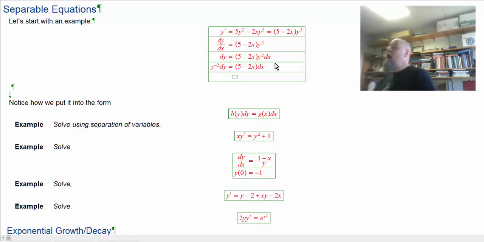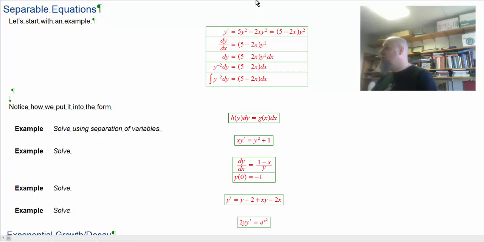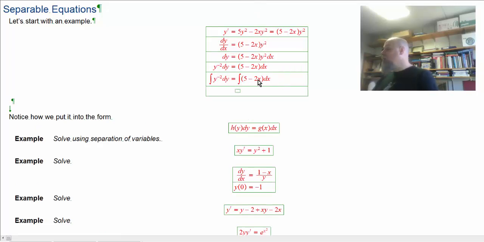Now, I can just integrate both sides. An equation is still an equation if I do the same thing to both sides, and the thing I'm doing to both sides of this equation is integrating. The difference being, on the y side I'm integrating with respect to y, it has a dy there, and on the x side I'm integrating with respect to x. So on the y side it's going to be add one to the exponent, divide by what's up top, straight power rule. And on the x side I'm integrating with respect to x,